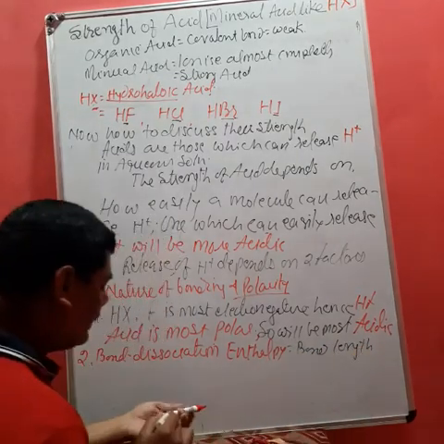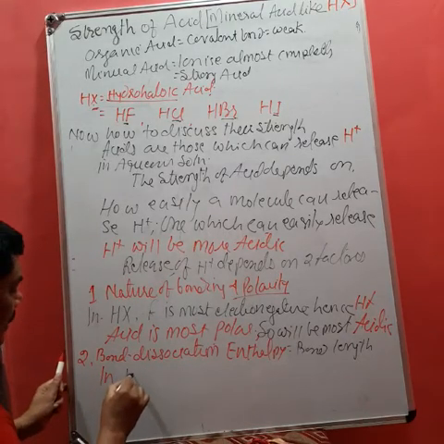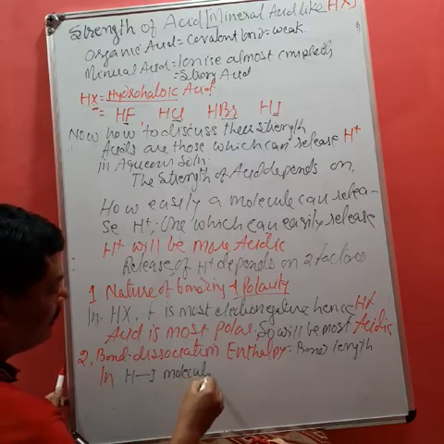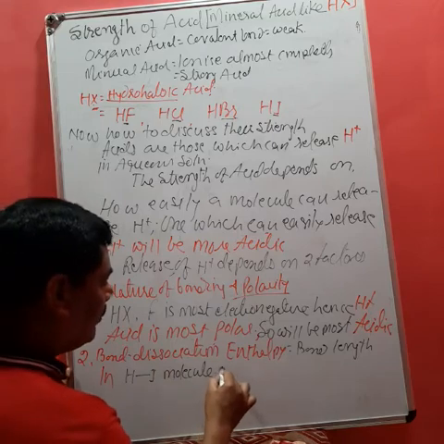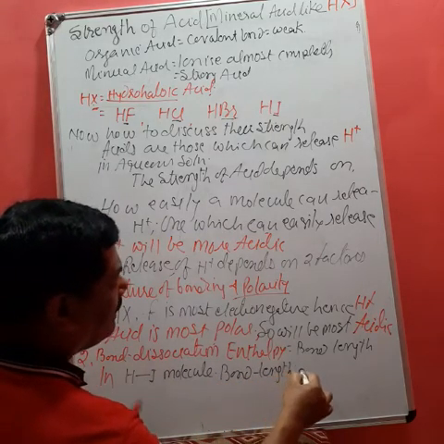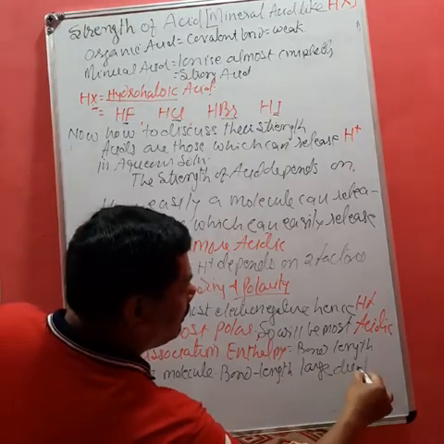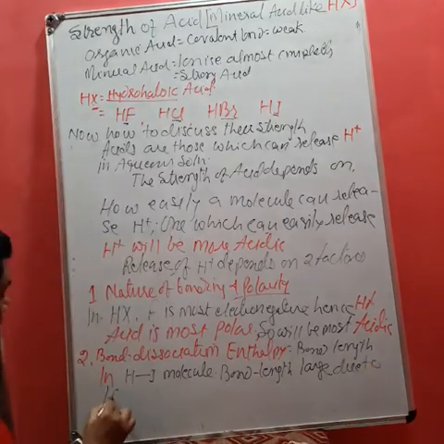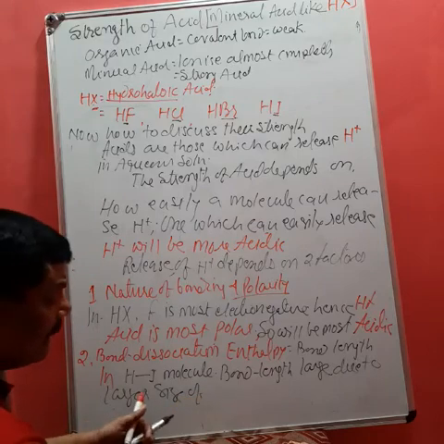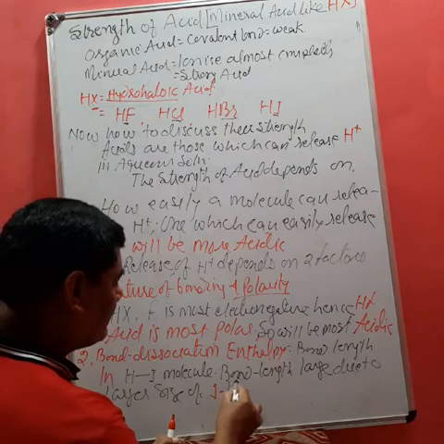In the HI molecule, bond length is large due to larger size of what? I. Due to larger size of I,